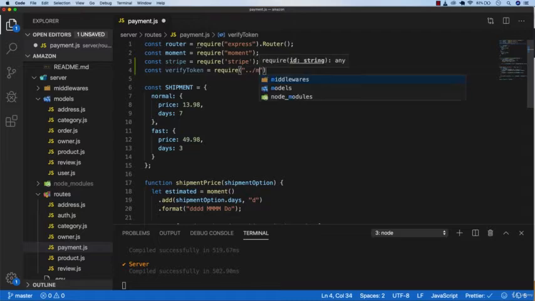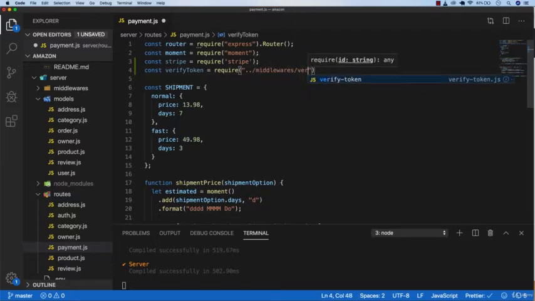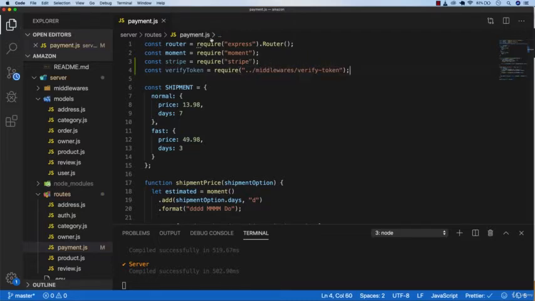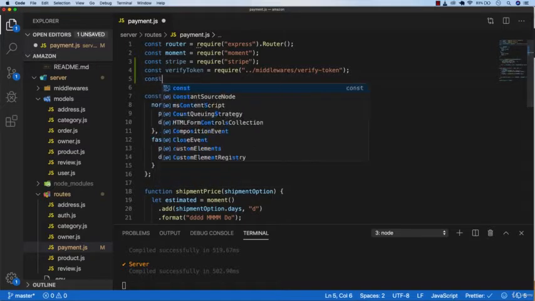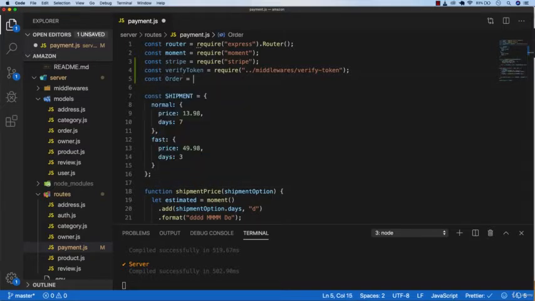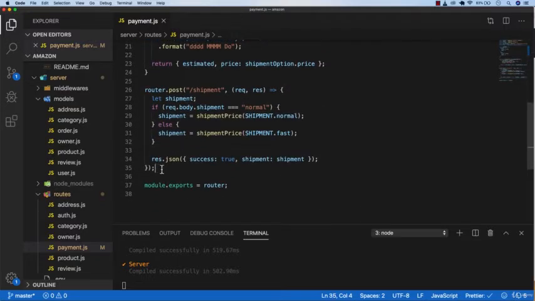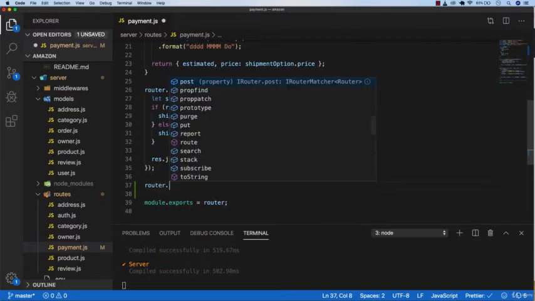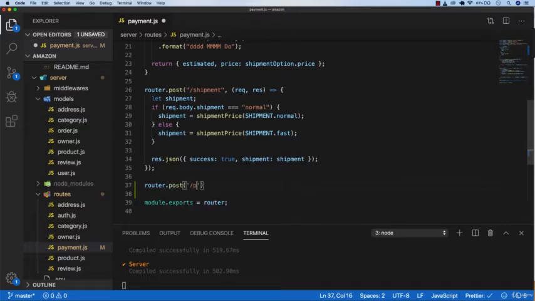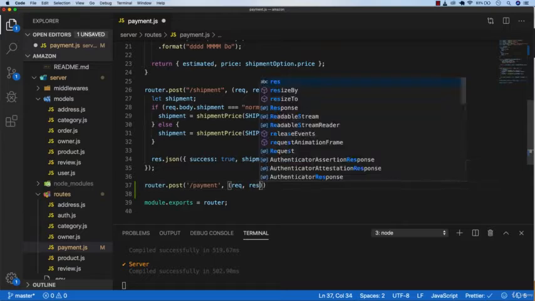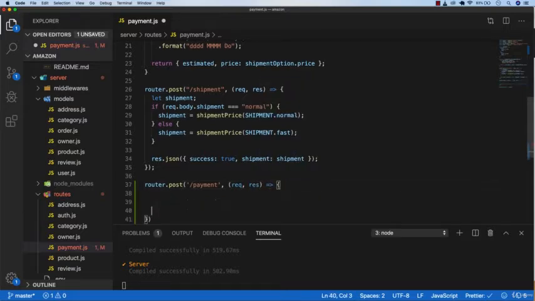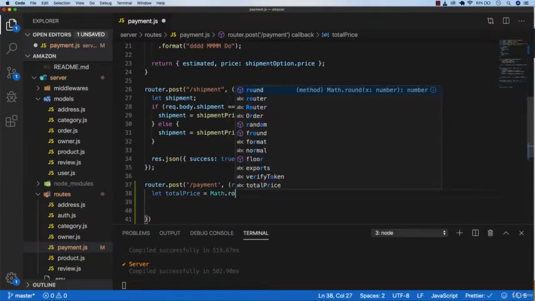It's in middlewares. Token. And last but not least, we need the order schema. So let's go ahead and create our API. So go down, right beneath shipment, you want to type router.post, and then we name it payment, and then request and response arrow function, and then after that you want to do let totalPrice equals to Math.round